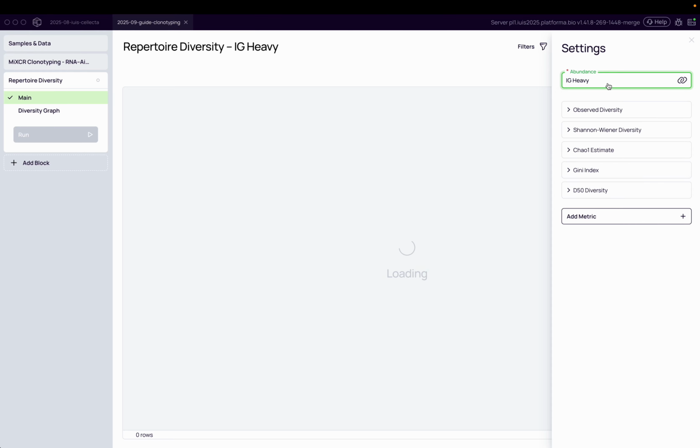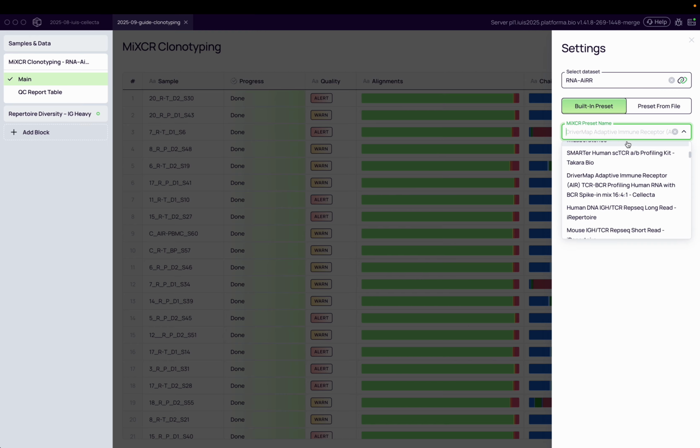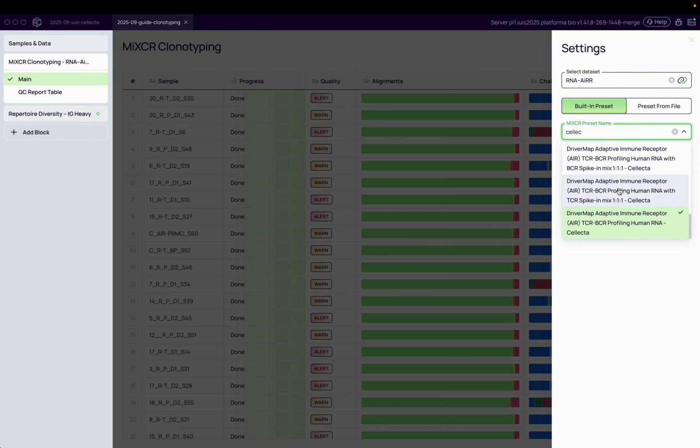So let's select, for example, immunoglobulin heavy as our abundance, and by abundance, it means that the primary abundance metric for this clonotyping data will be used for the diversity analysis. And the primary abundance metric, which is used here, is actually defined by the preset. Specifically here, we use the Selector driver map